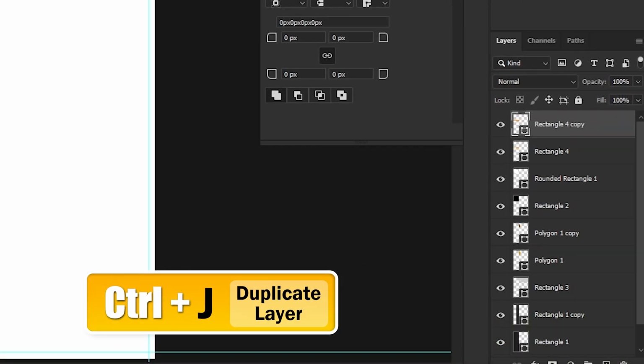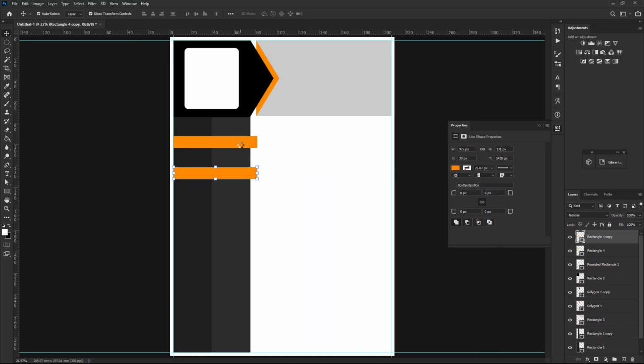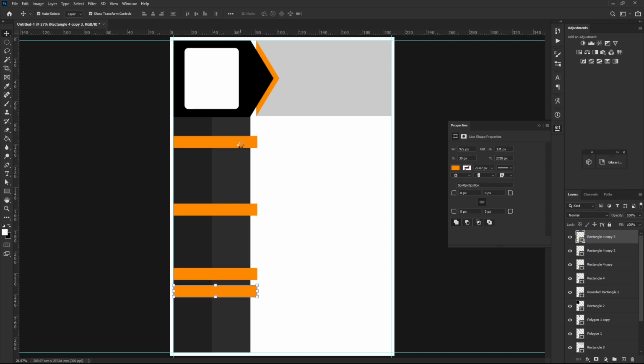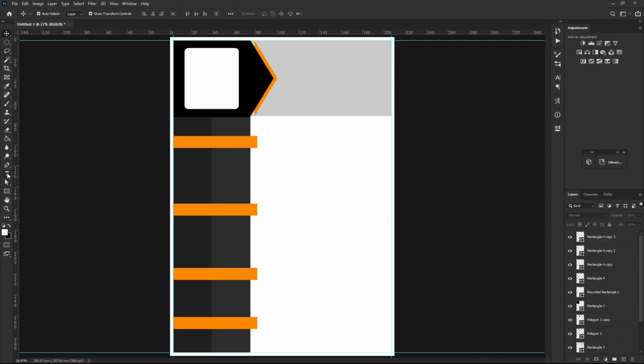Press Ctrl+J or Command+J to duplicate your shape layer. Then select type tool and type your name and other details.